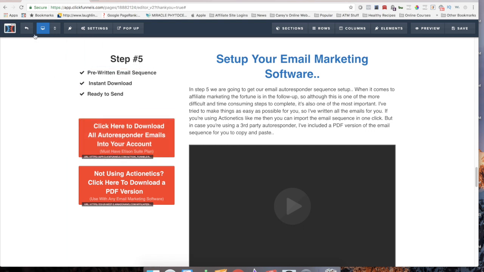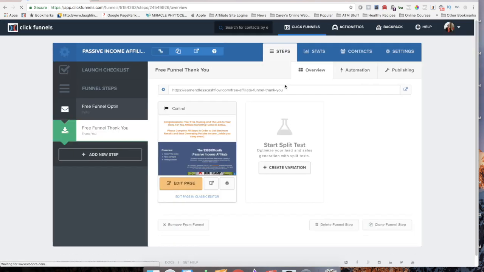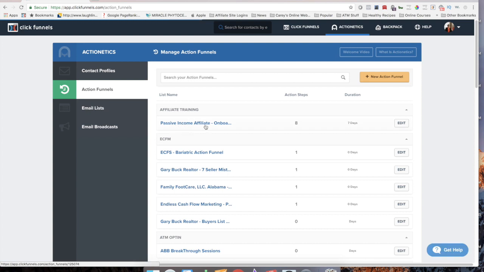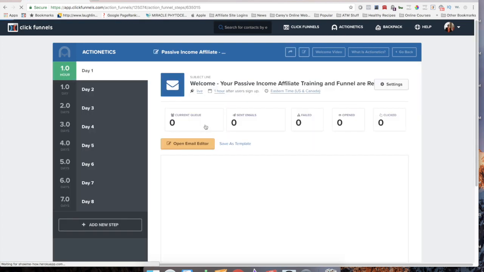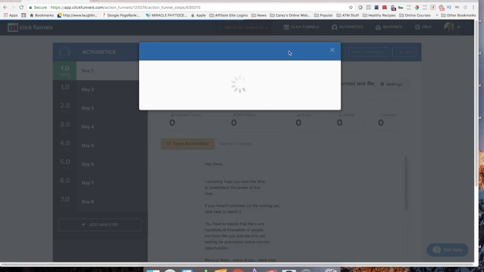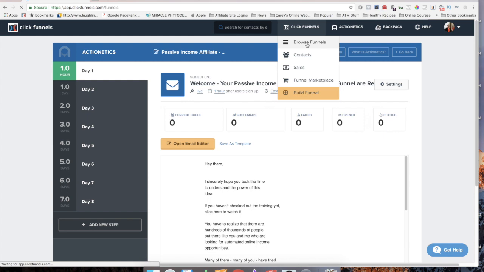And the way you do that again is you come out of here. This is an action funnel. This is the email sequence. I already have it written for you. So you go to Action Annex up here, come down to Action Funnels, come down to your passive income affiliate onboarding sequence, and then right up here, there's the arrow. Click on that, you copy that, come back to your funnel,